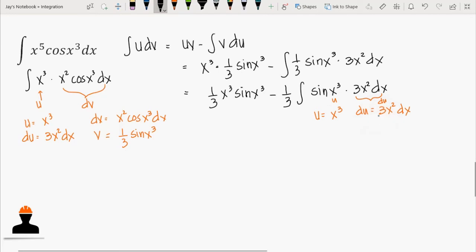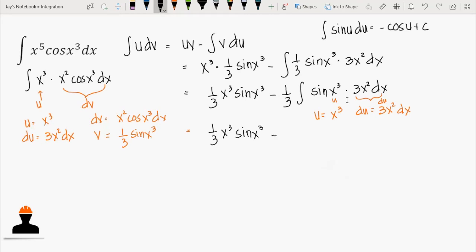So we can now directly use the integration rule, that is the integration of sine u du is equal to negative cosine u plus c. Okay? Or you can use, again, U-substitution, but it might be very long. So you can directly use this one. So we have, to further simplify, 1/3 x cubed sine x cubed, just copy the first term, minus, in this case,